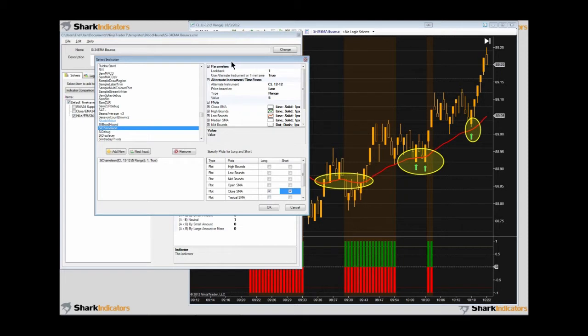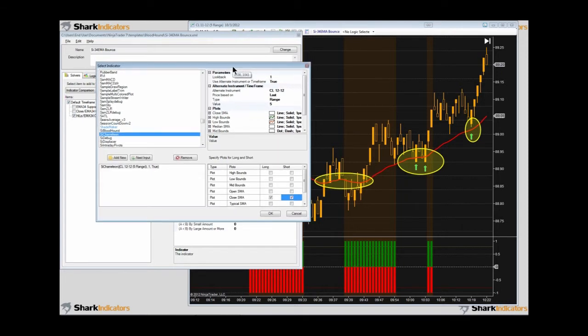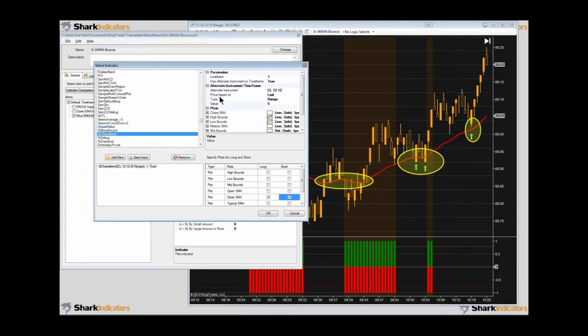I'll probably do a workshop pretty soon just on this indicator and on a couple of other indicators that we have. But for now, let's just get back to